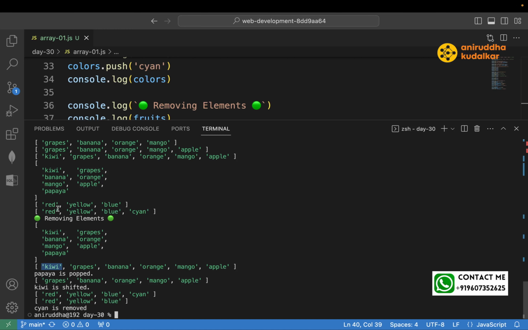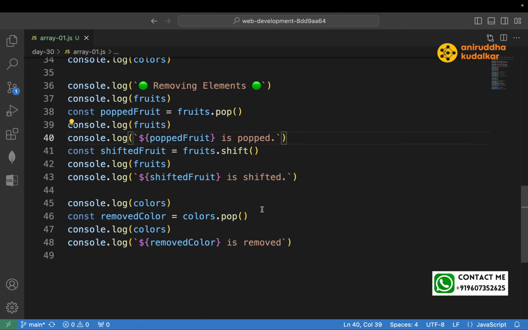So presently we have removed at a particular index, sorry, presently we have removed elements at either the start or end, but I want to remove any element in between. You getting my point? Yes. So let's do that thing, any element in between. So here